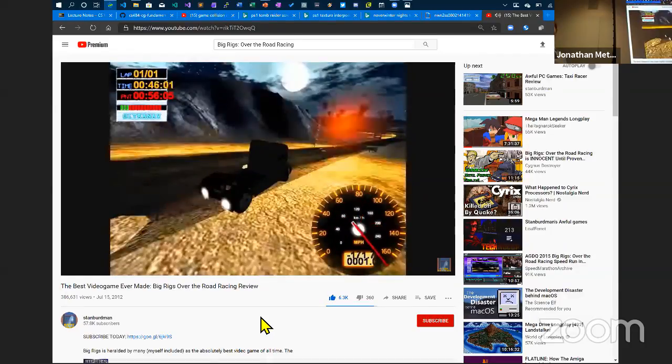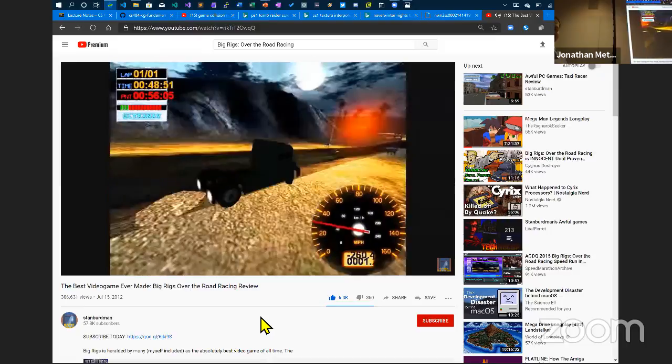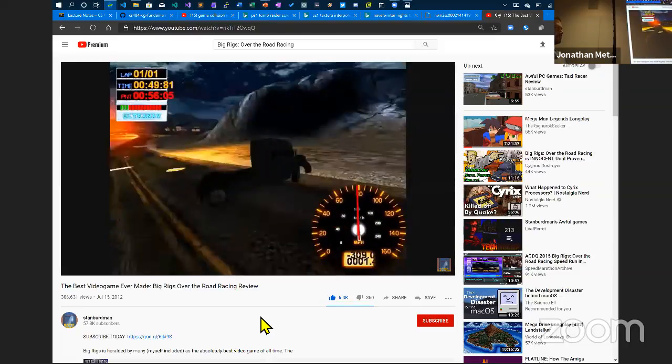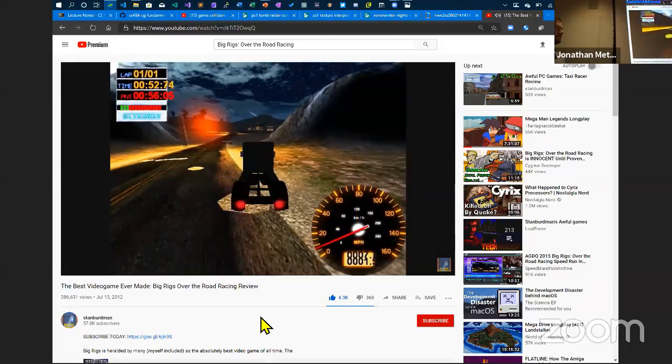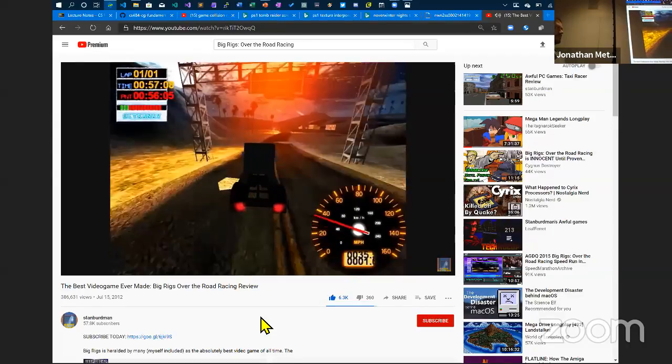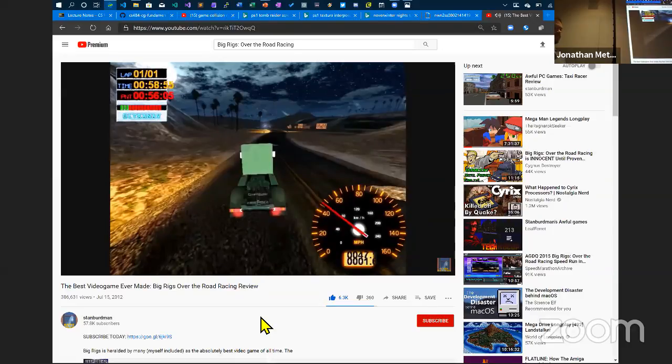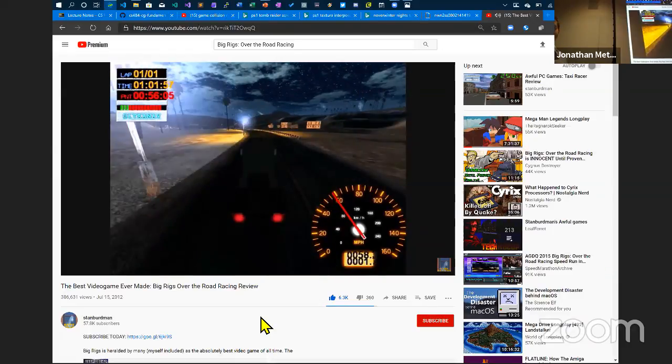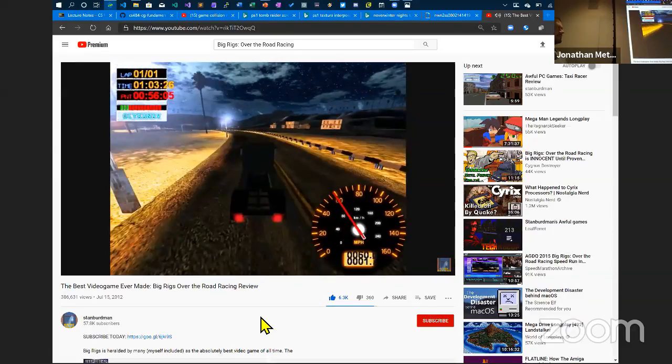Now, one of the greatest things about Big Rigs Over-the-Road Racing, what really makes the game stand out from other racing games, is the versatility of your truck. Your trucks aren't just little weak, worthless trucks that have to follow the road, and if they veer off the road, they're going to drive like crap. Your truck